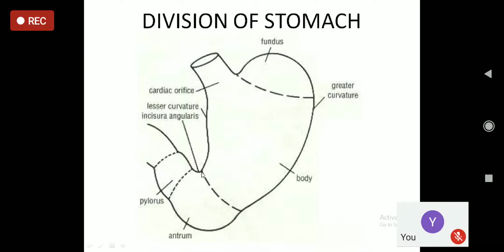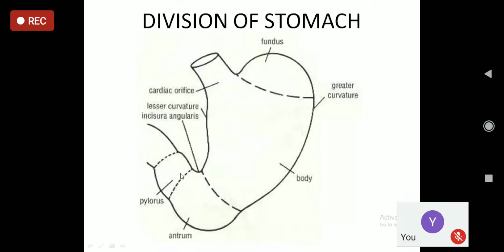So when we draw an imaginary line towards the greater curvature from this incisura angularis, and the part between this first line from the cardiac orifice to the greater curvature and the second line from incisura angularis to the greater curvature, the part of the stomach between these two lines will be the body. The part of the stomach above the first line will be the fundus. So this is the fundus of the stomach, this is the body of the stomach, and the remaining part is the pylorus